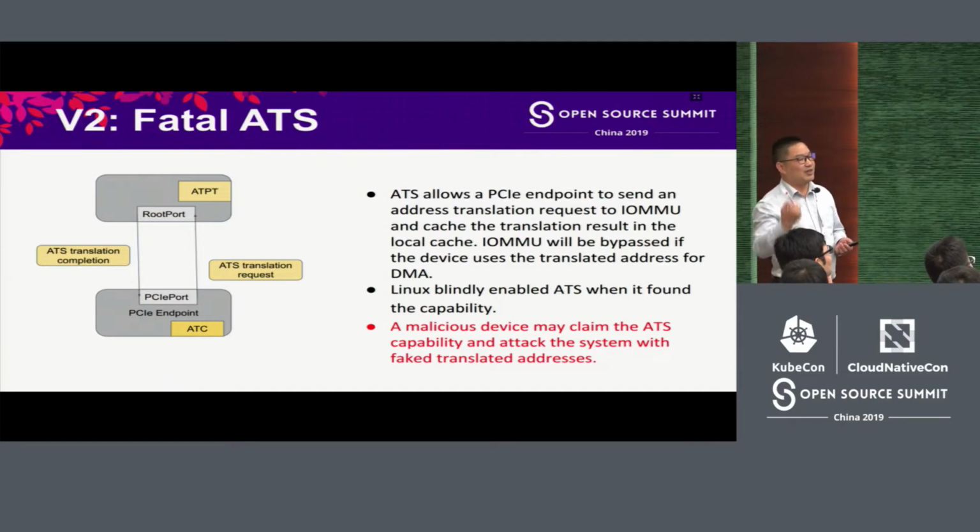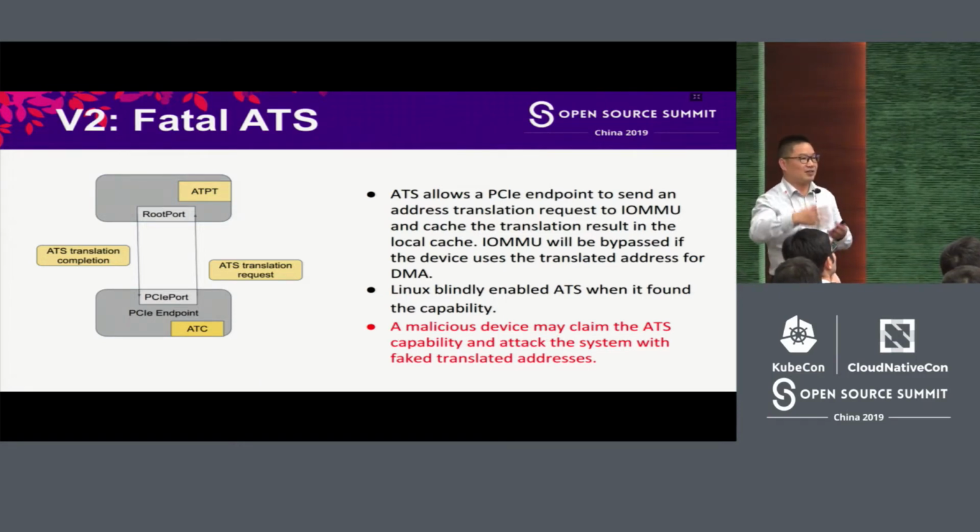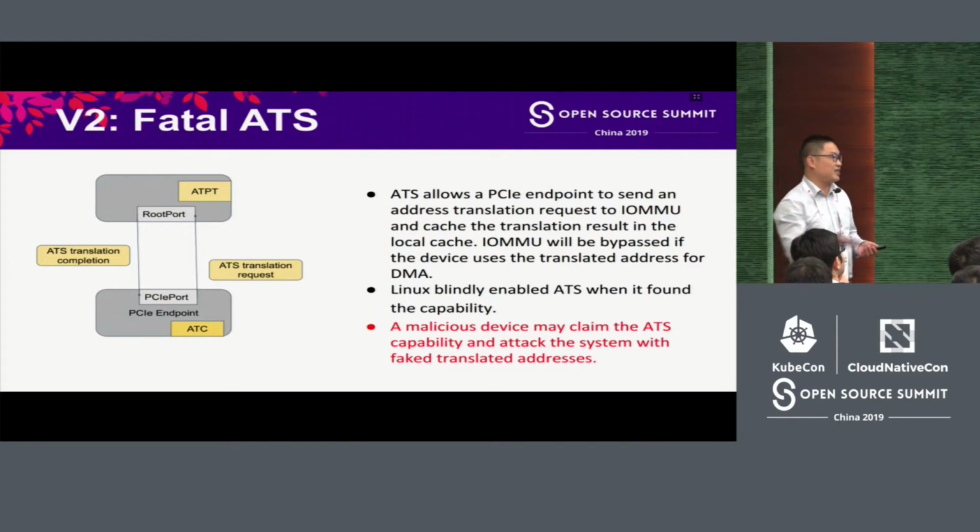The device will then use the translated address for DMA, so the IOMMU, upon seeing a request using the translated address, will bypass this request automatically,